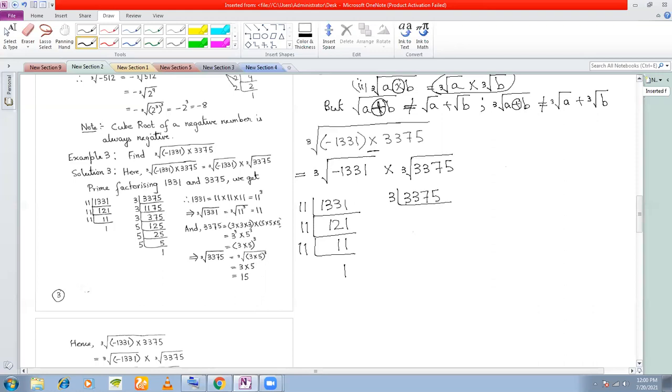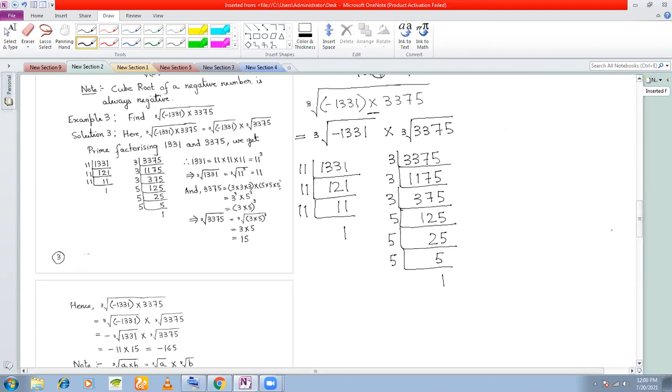Now we prime factorize this. First we divide by 3, the lowest prime number, 1125. Again we divide by 3, 375. 375 is again divisible by 3, giving 125. 125 is not divisible by 3, nor is it divisible by 4, so we try with 5. Again it will go with 5. Again it will go with 5. So this is what we are getting.